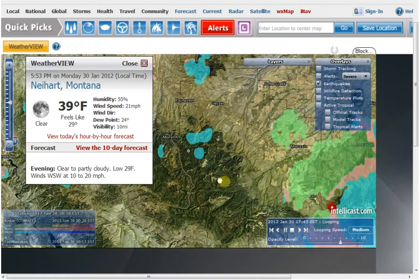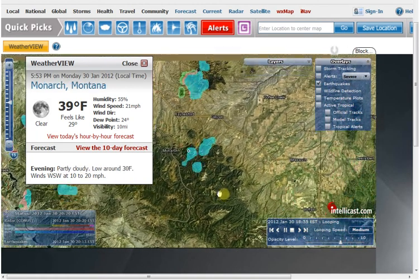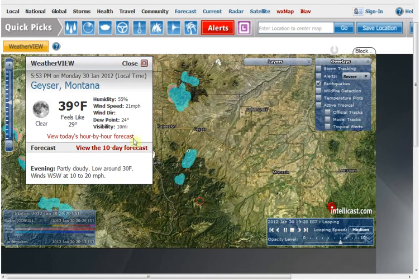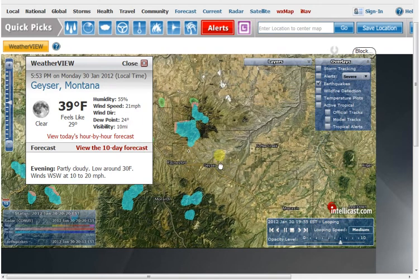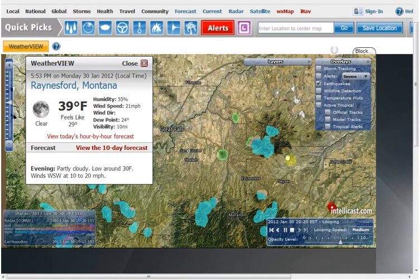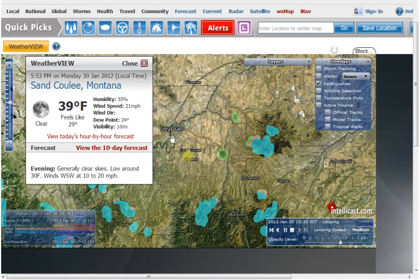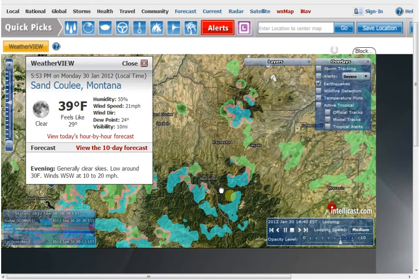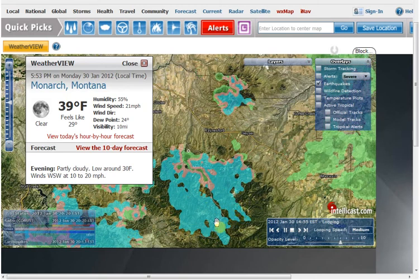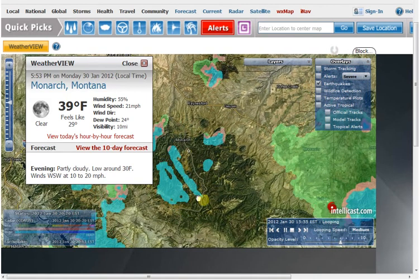Let's see where else. Monarch. Clear. Humidity is like 55%, wind speeds 21 miles per hour, dew points 24 degrees, visibility 10 miles. And here's another area that was flashing last night. Here's Great Falls, and down here, we'll go in Google Earth in a minute and I'll show you what mountain area we're looking at, but this is something other than